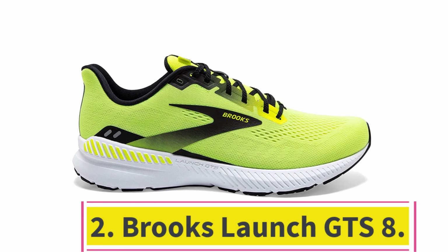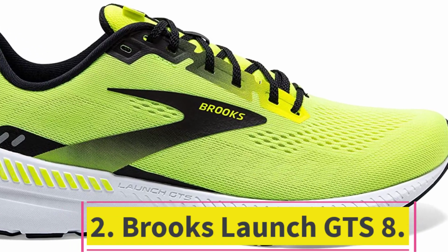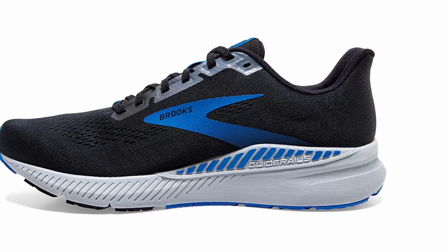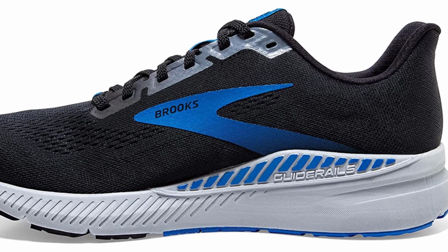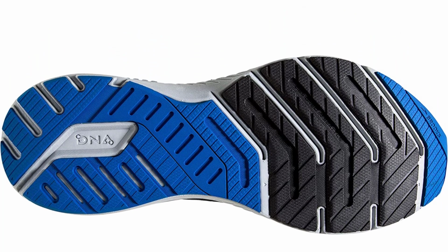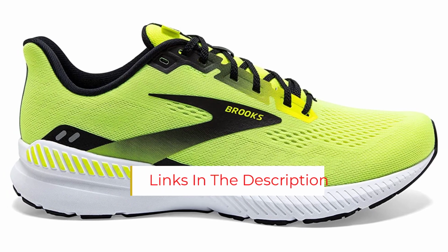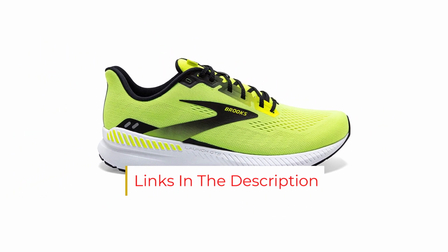Number 2. Brooks Launch GTS 8. You're not wrong if you thought GTS stood for Go-To Shoe. This year, Brooks is simplifying its naming convention by pairing stability shoes to its neutral siblings and tacking on GTS, now redefined as Go-To Support. The Transcend and Bedlam, for example, have been named the Glycerin GTS and Levitate GTS. And, in the case of the Ravenna, it's now being called the Launch GTS, a light stability shoe that's speedy